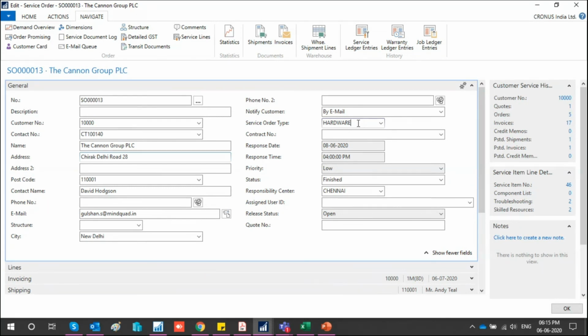Now, when I change the status, you can see that the status is automatically changed to finished because in the service section I have changed it to finished. In the service order header you don't have to manually change it. Whoever is in charge of the service order will see everything updated automatically. This email part I'll show you separately in another document because initially it was set to no.